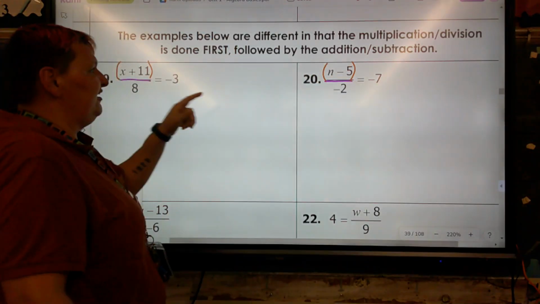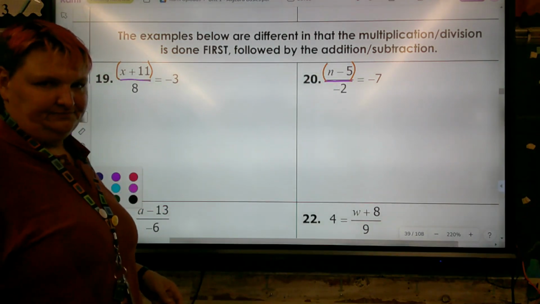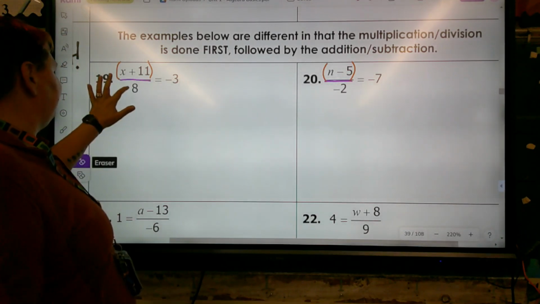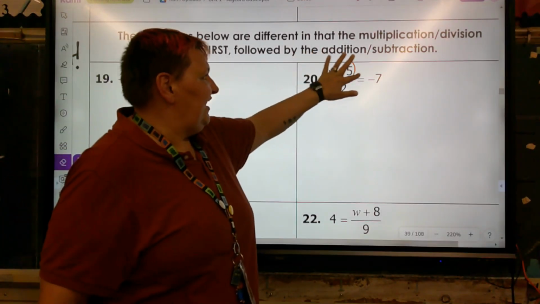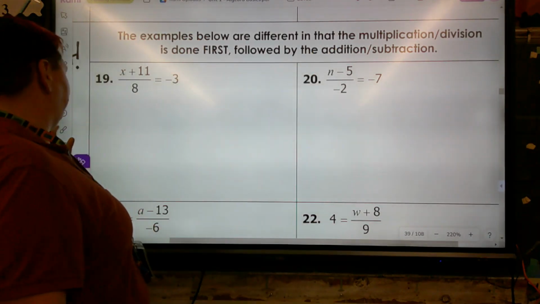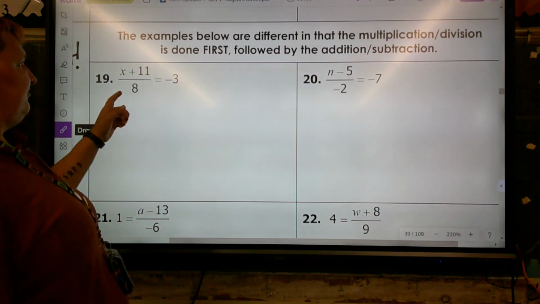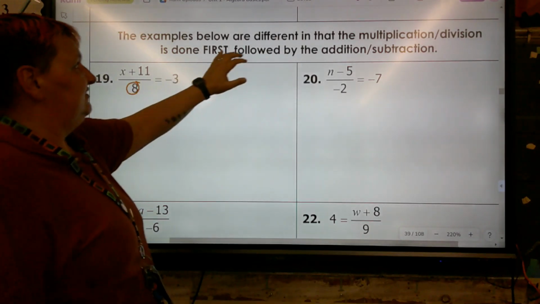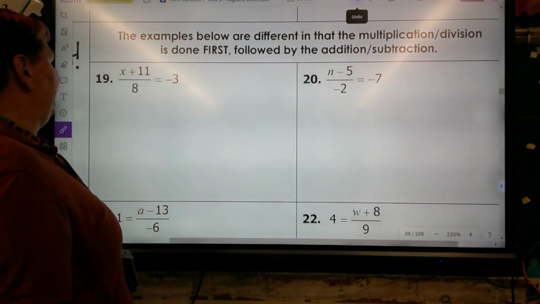That means this divider bar is a grouping symbol, right? So you actually have to deal with that first. You have to get rid of those invisible parentheses first. To get rid of the invisible parentheses, we need to get rid of this. All right? So let's put